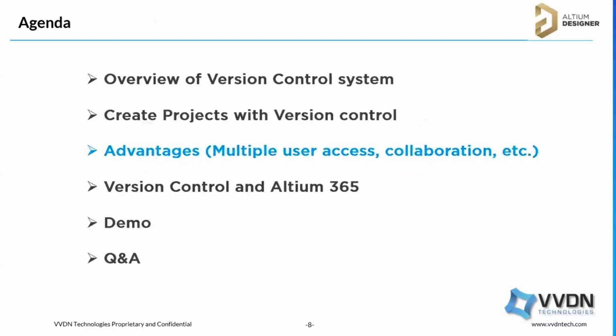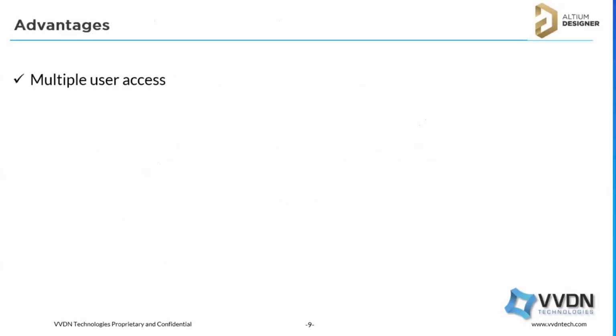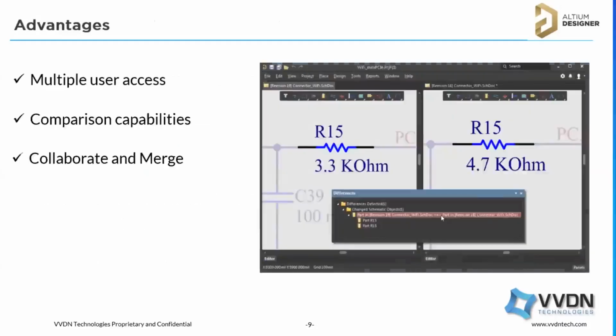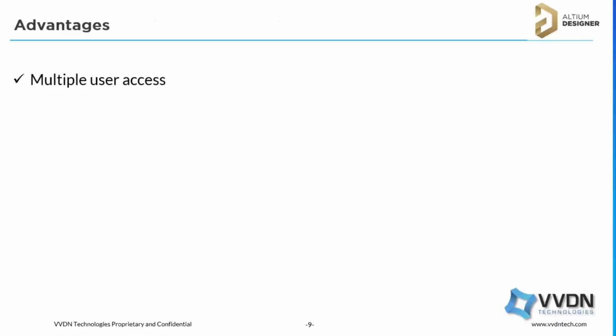Next, what advantages do we have if we are using these version control systems? There are many advantages. I just want to highlight a few things, like multiple user access. The same way as I mentioned, programmers are using this version control SVN feature. Two or three people are working on the same file, same project. They will check out the files, and they can modify them in the local folder. They will modify, and finally they will commit to the server. The same way other people also can. So like this, multiple people can access the files and work on them.